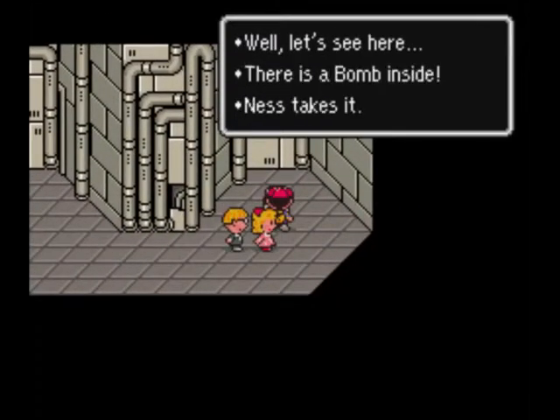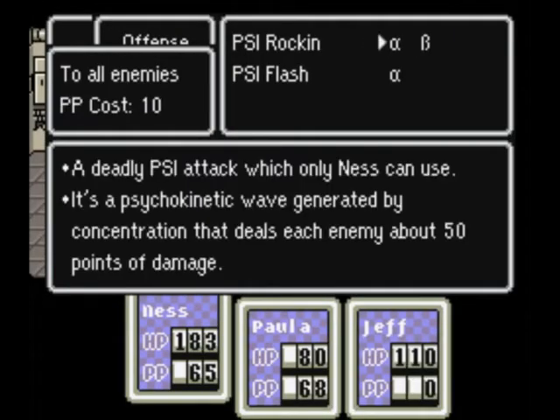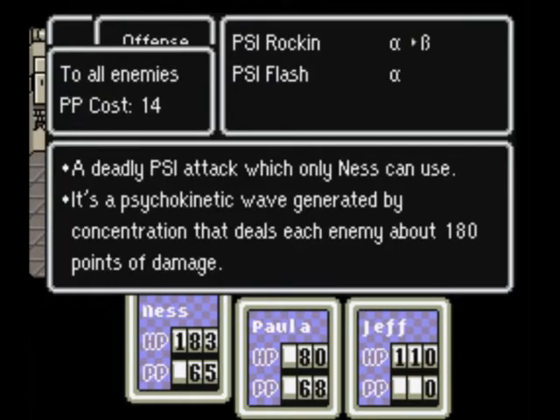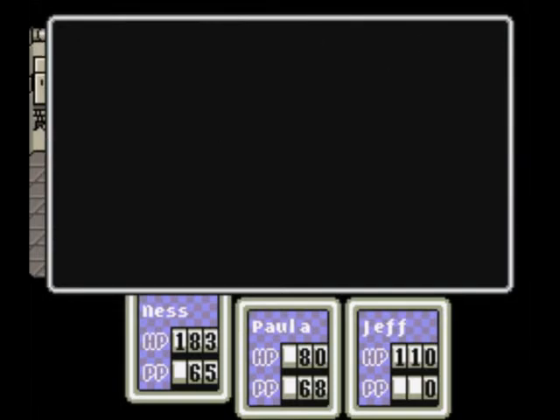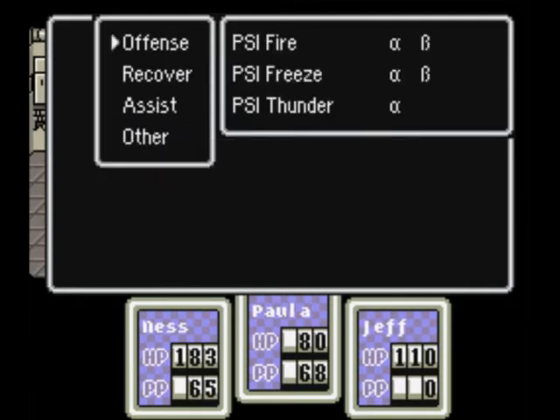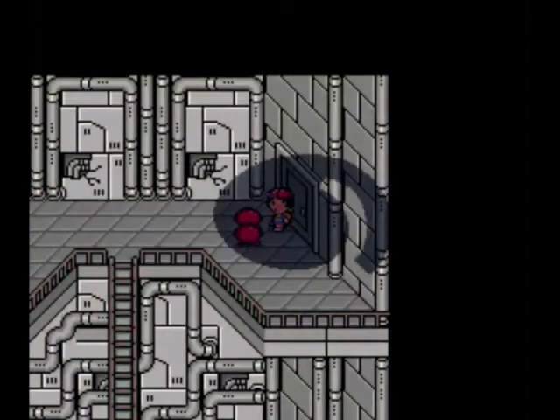I have to wonder, though, because there is a huge difference here. If you look at it for a sec, we've got PSI Rockin'. Now, we've got Alpha, which costs 10, deals about 50. Then we've got something that costs 14, deals about 180. That's a huge jump. That's just strange to me, because then we've got Paula, Fire. Costs 6, deals 80. Costs 12, deals 160. So it's a linear progression here. So why is SNES being given favor here? I suppose at this point in the game, SNES is very much the heal battery, so...